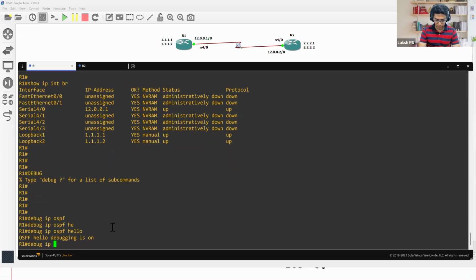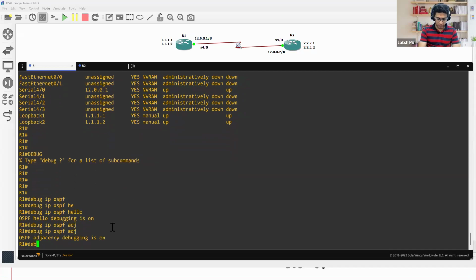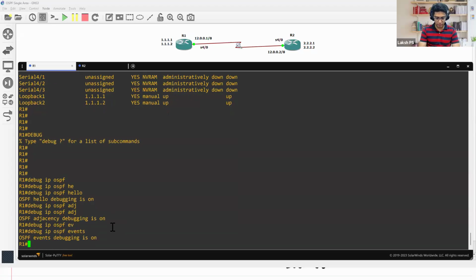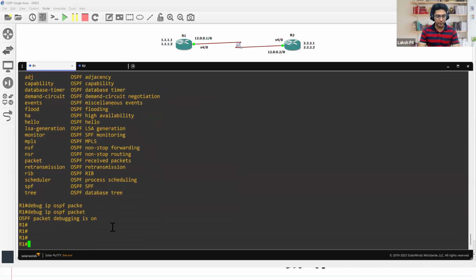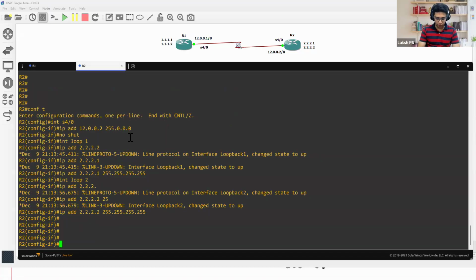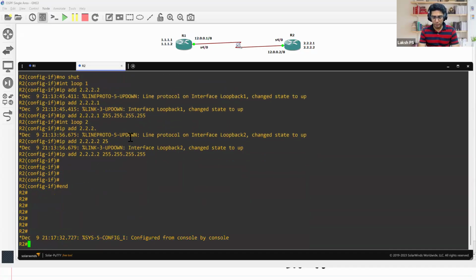Debug with adjacency: debug IP OSPF events, debug IP OSPF hello, debug IP OSPF adjacency events. So here what I did, whatever hello messages or state changes, whatever OSPF packets are exchanged between R1 and R2, it will show us